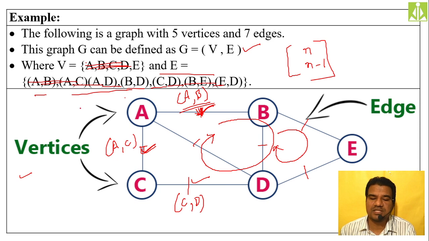So everything we have discussed, how we are representing the graph, what is the set of vertices and what is the set of edges, everything we have represented. And the difference between the tree and the graph, that also we discussed. A tree will have n vertices and n minus 1 edges. If that property is violated, the data structure we have is a graph only.